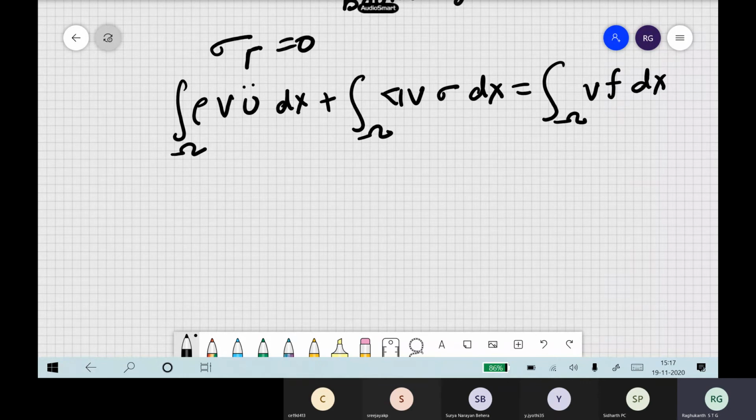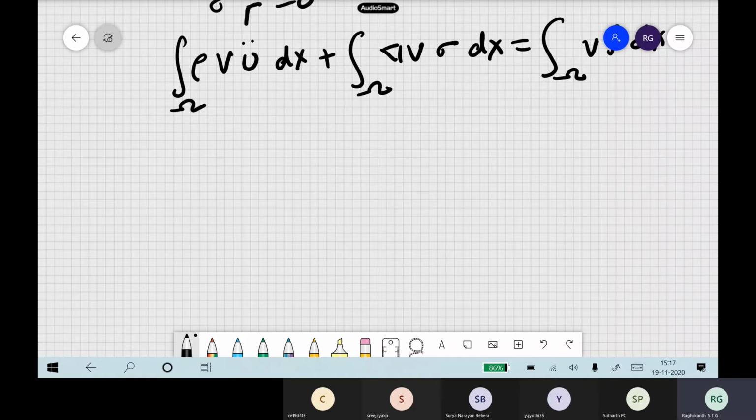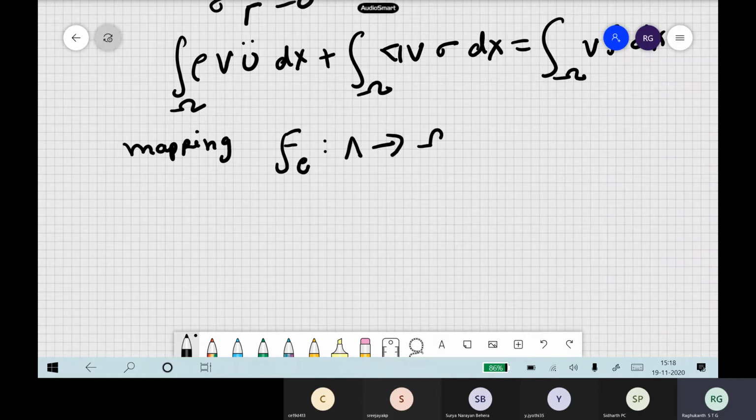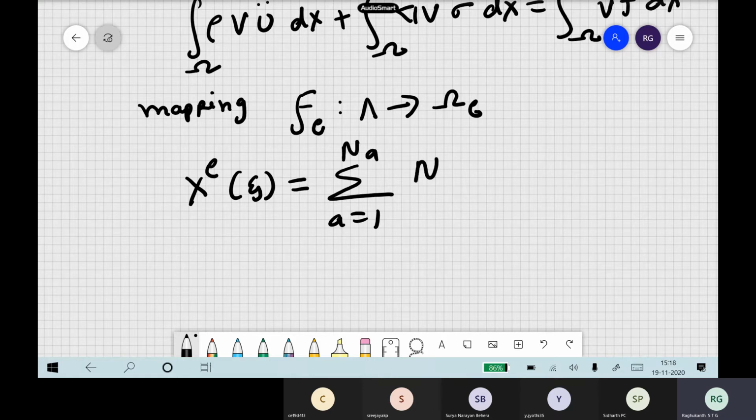Now in 2D or 3D, you followed, right? As already I told you, we use this mapping from the ordinary domain to -1 to 1. So that we have already defined. If I define this mapping, the elements here we have defined also. So xc of psi, we write as the sum over a equal to 1 to na, sorry, this is small na, of na of psi, and these are the nodal points.